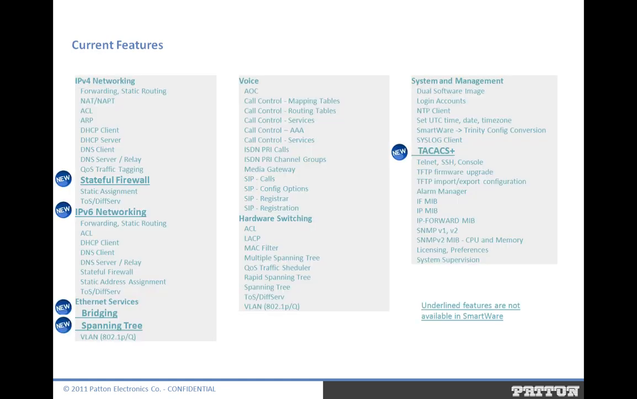Good. Moving forward with the current features we have. So on this slide, I tried to give you an overview of the features we currently have on Trinity. Looking at it, it's already quite a lot which is there on Trinity. Some of the items I highlighted with the new button, which are not available on SmartWare. So for instance, the stateful firewall is one thing,